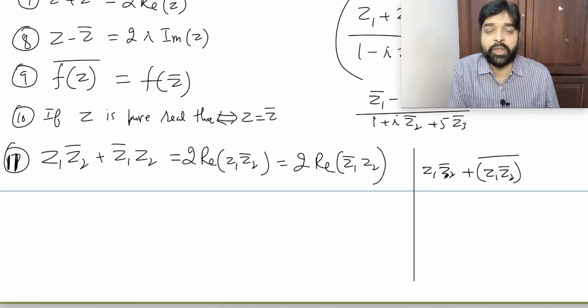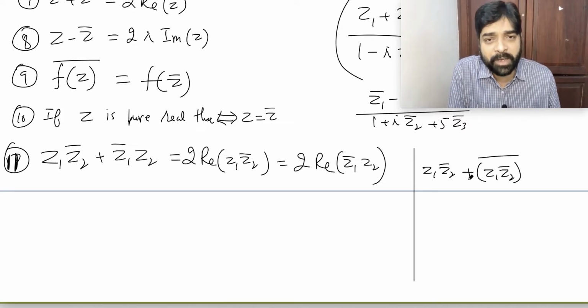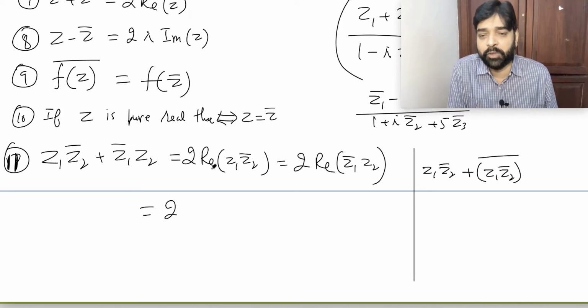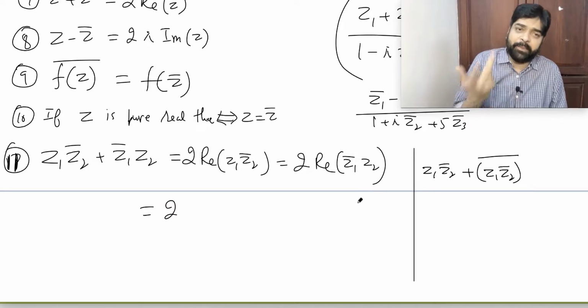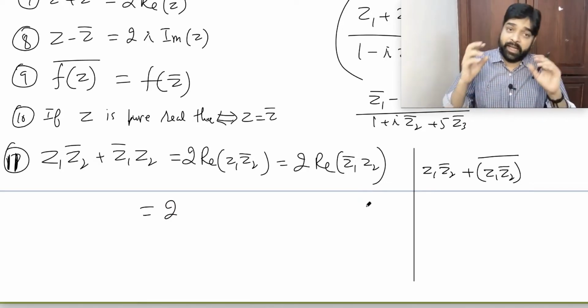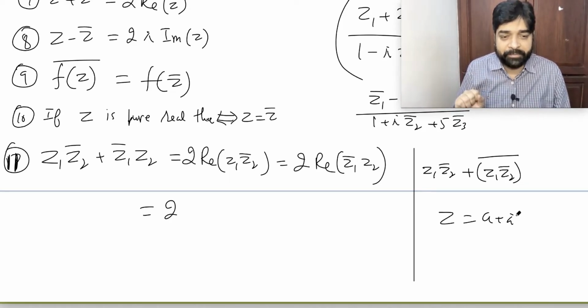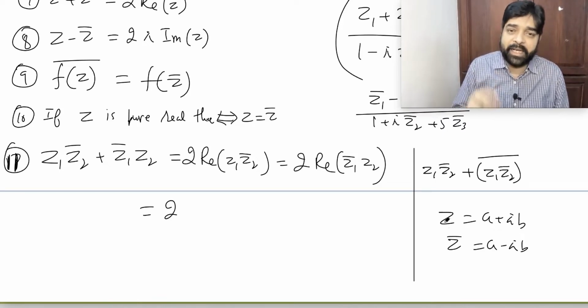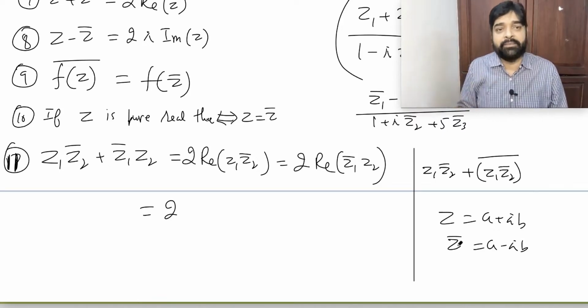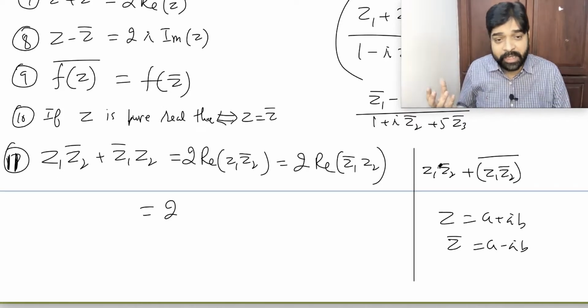Now think, it's looking like this is a complex number Z and this is the Z bar. So Z plus Z bar is what? 2 into real part of Z. So it means equal to 2 into real part of this, or you can say 2 into real part of Z bar, because real part of Z and real part of Z bar both will be same. Suppose Z equal to A plus iB. So Z bar will be equal to A minus iB. What is real part of Z? A. What is the real part of Z bar? A.